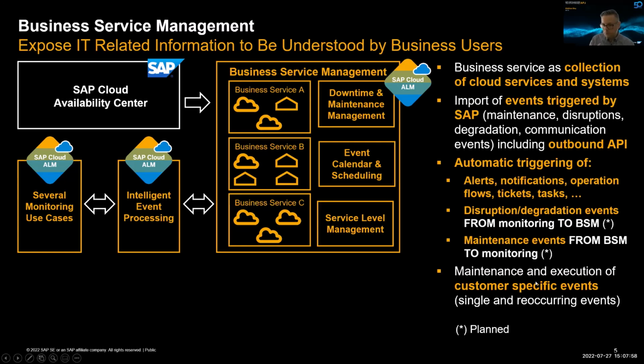So you can say, for example, you have an on-premise system. And for on-premise systems, for example, if the system is operated by you and is part of your hybrid landscape, you will not get this information by the Cloud Availability Center because it's your system, right? So there is no possibility that SAP would know when you are planning maintenance on your system. And that's why you would have the possibility also in business service management to create such maintenance events by yourself